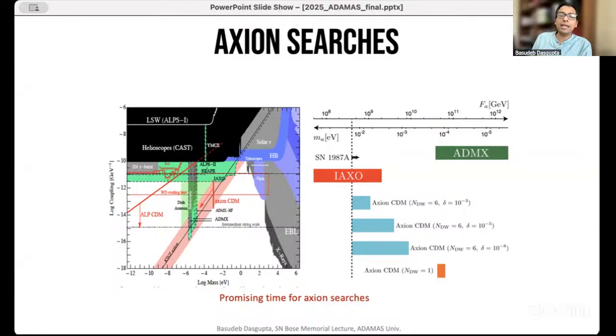This has been tried, and non-observation of such signals then tells you that you don't have axions in a certain mass with a certain abundance and a certain strength of interaction with the photons. So this is how this field proceeds, that you start putting what are called exclusion limits on the masses and the couplings of dark matter candidates, in this case axions, and therefore by excluding certain parts of the so-called parameter space, you learn a little bit more.